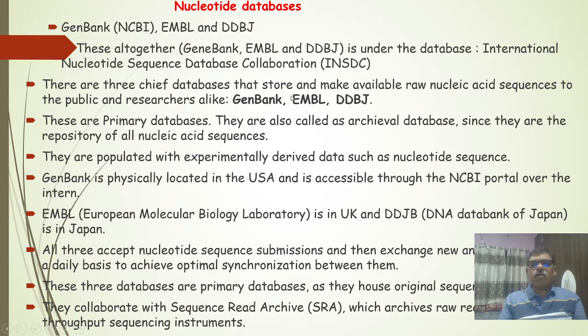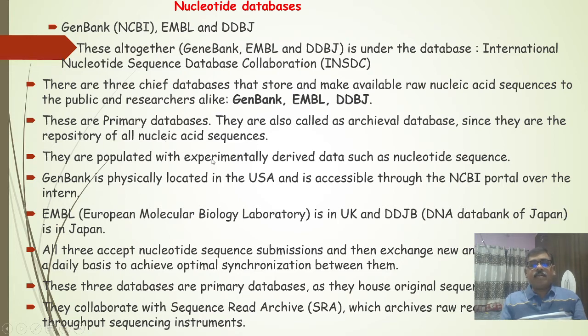EMBL stands for European Molecular Biology Laboratory database, and DDBJ is the DNA Data Bank of Japan database. These three are the primary databases, and they are also called archival databases since they are the